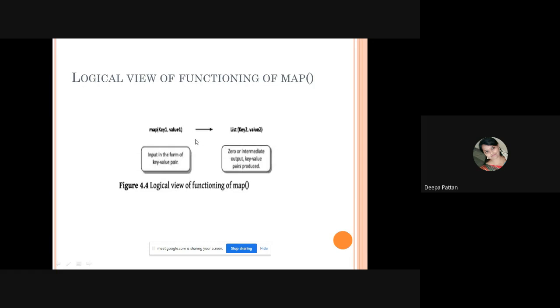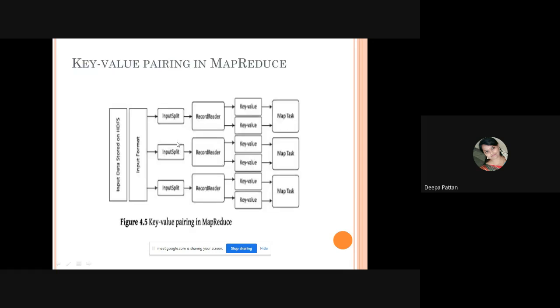Any specific mapper implementation should be a subclass of the class where it overrides the abstract function. And one more piece of information here: whatever the input is available in the form of a key value pair, the map function will be having key 1 and value 1 till the